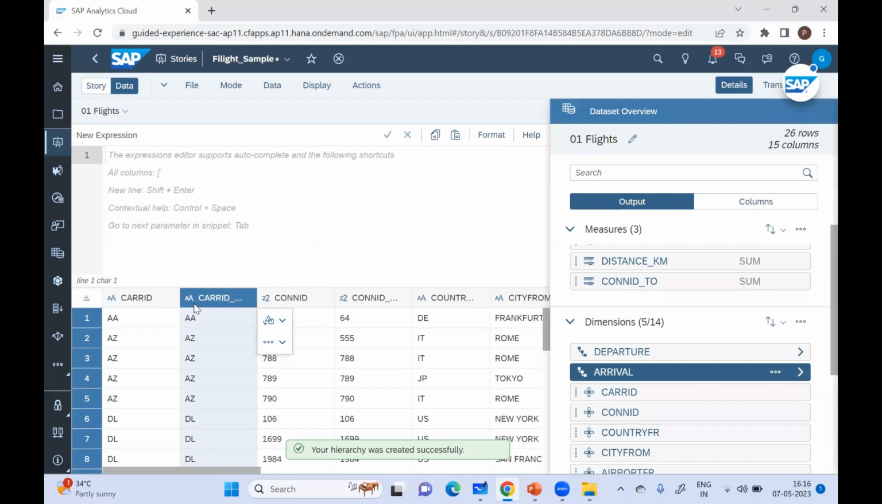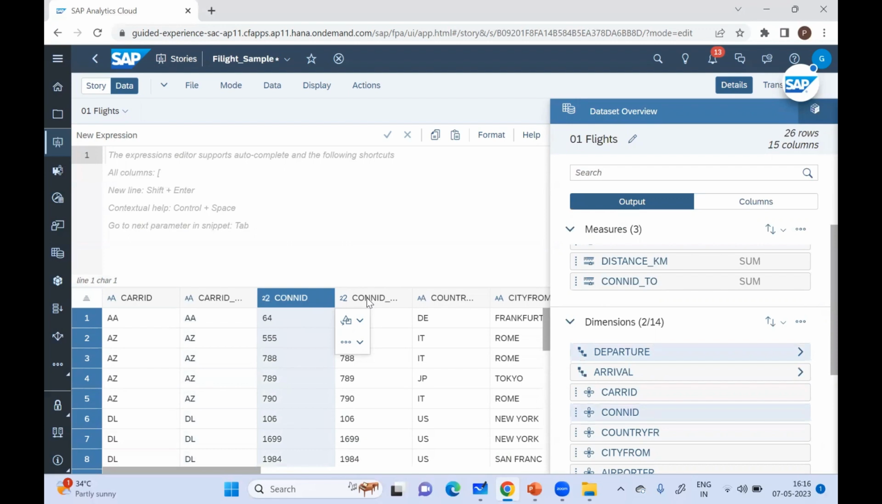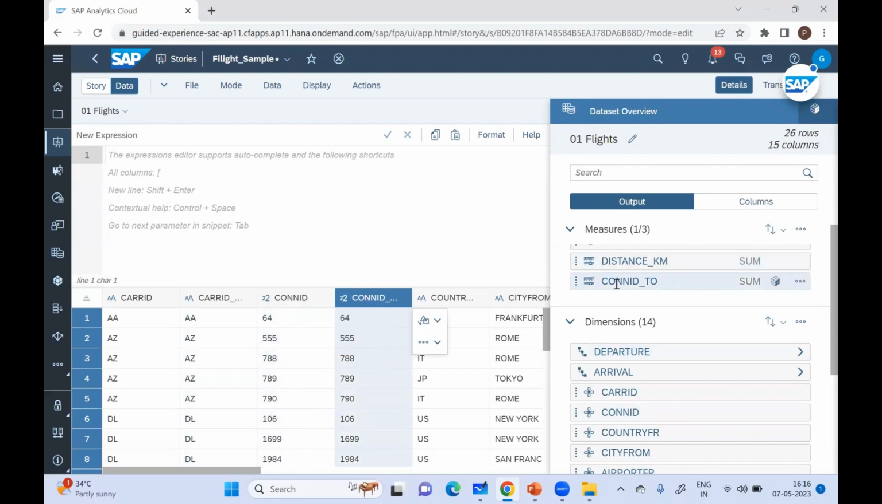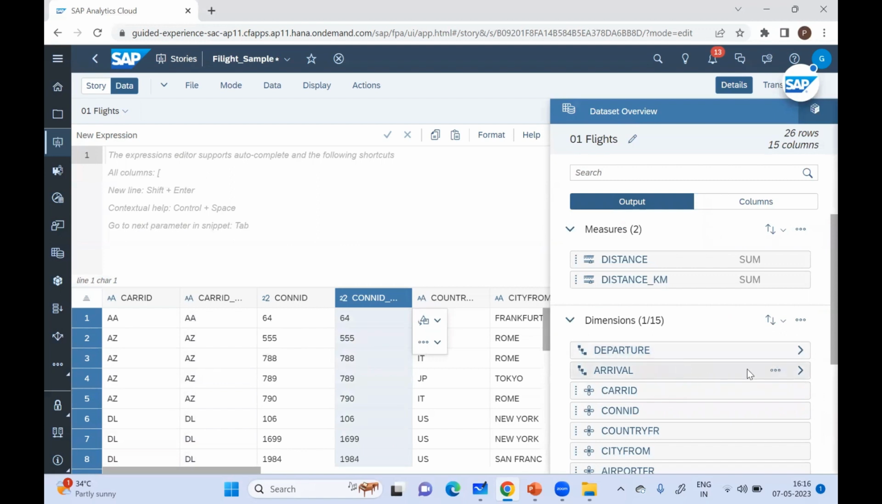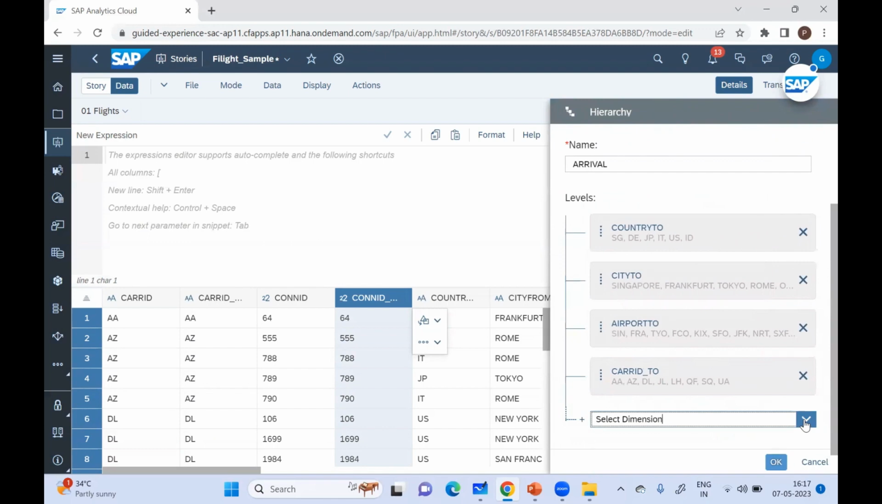Carrier ID is created as a dimension, see characteristic data. But connection ID, it thought that it acted as a number measure. See, it came under the measure section. So you should not use that one in any hierarchy. So change that one to the dimension. Then only you can use it. There is an option, you can convert any measure to dimension and dimension to measure. So go to the edit mode, and here